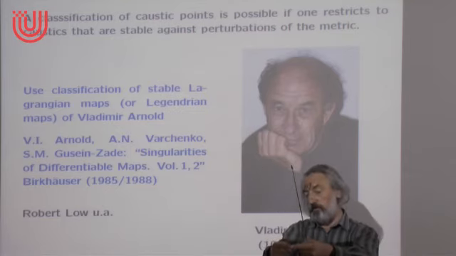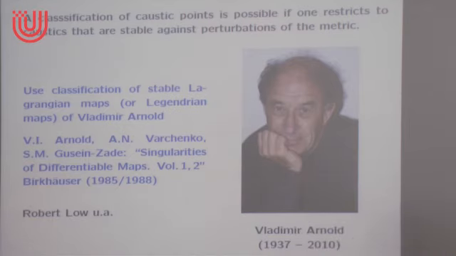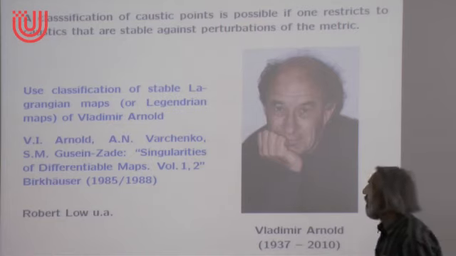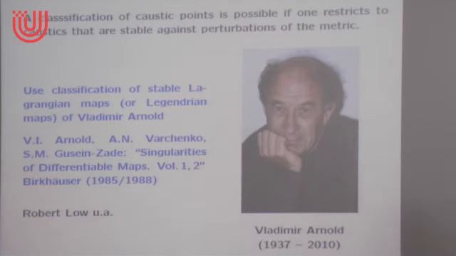So the Schwarzschild caustic is very easily understood to be unstable. And the question is, what sort of caustics could be stable? And this question has been clarified completely now. It has been clarified on the basis of a theory which was formulated by this gentleman, Vladimir Arnold, which is